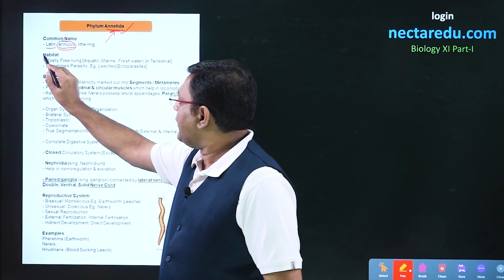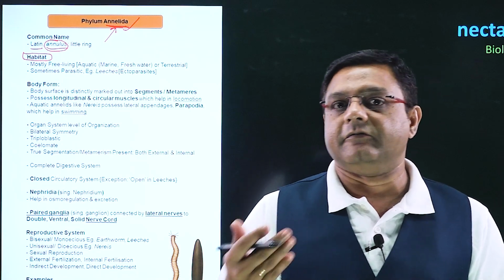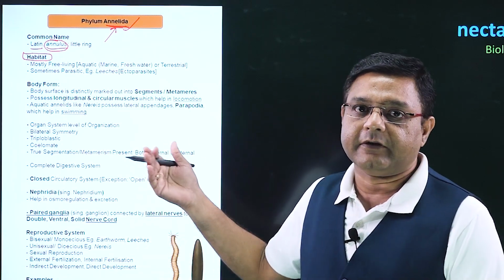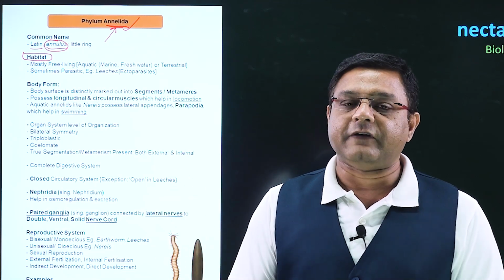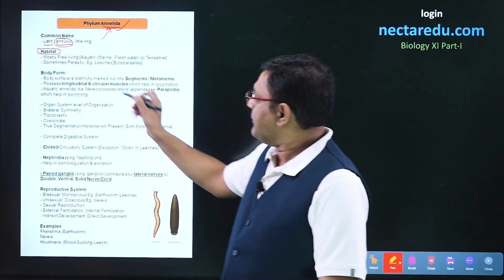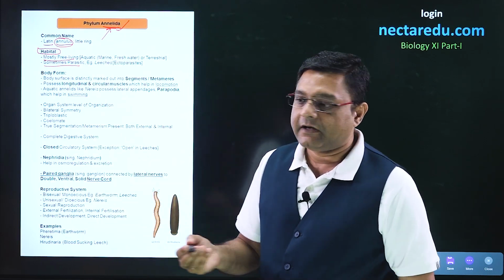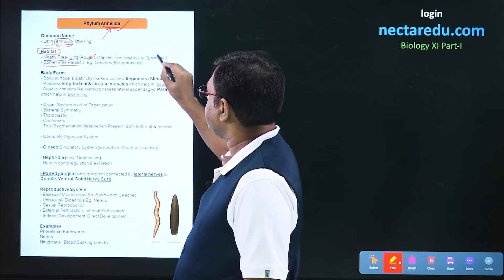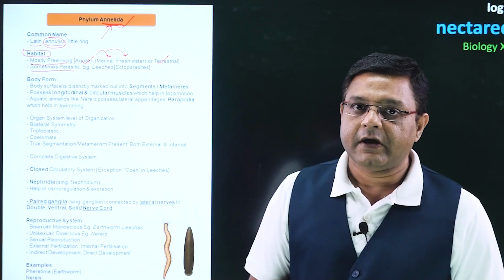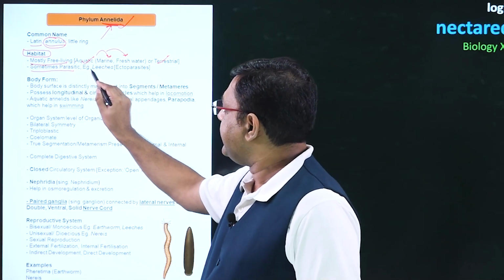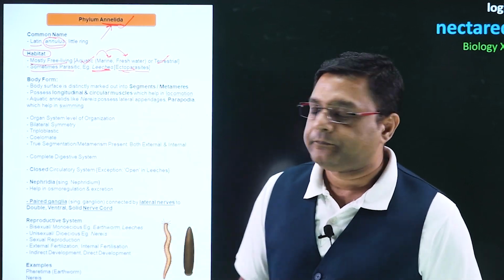After this, talking about the habitat of phylum Annelida, it is just the reverse of the two phylums that are present before it, that is phylum Platyhelminthes and phylum Aschelminthes. Both phylums were mostly parasitic, but in this it is sometimes parasitic and mostly these are free living. So these can be aquatic, terrestrial. In aquatic, these can be marine as well as freshwater. Talking of the examples of parasitic, leeches are very common examples of ectoparasites.